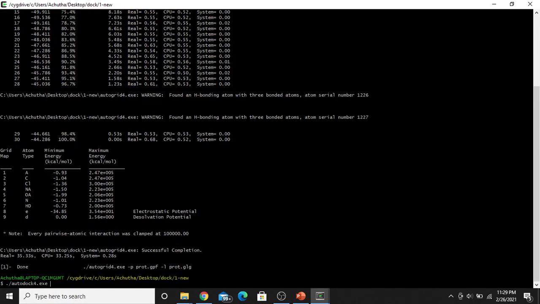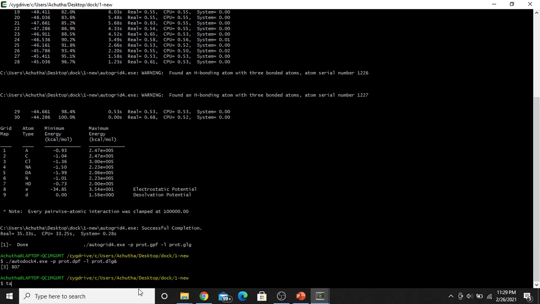And then minus p, space, prod.dpf, or your dpf file name, space, minus l, space, prod.dlg. The dpf is converted to dlg for analysis. Then press enter, and the tail command will show what is going on.